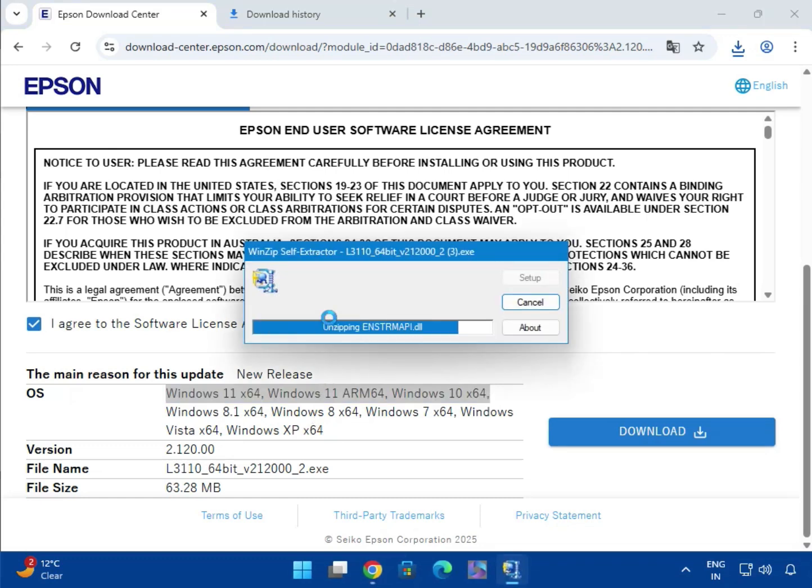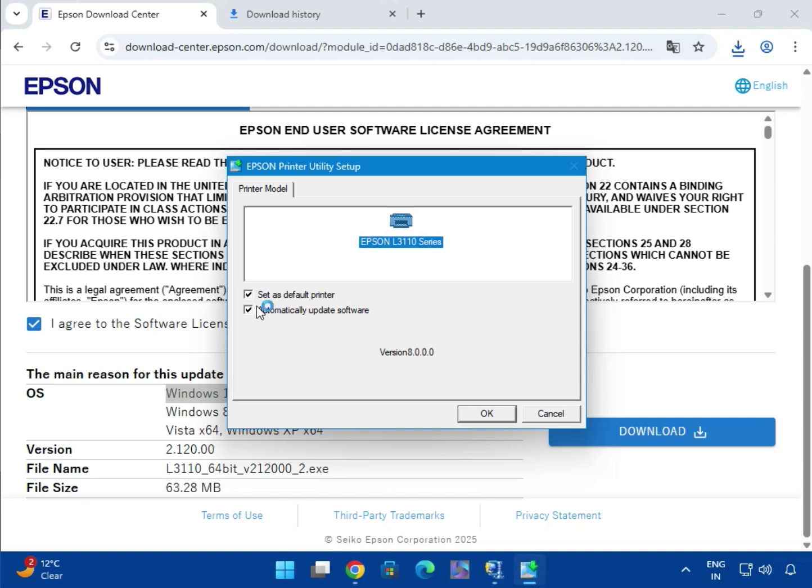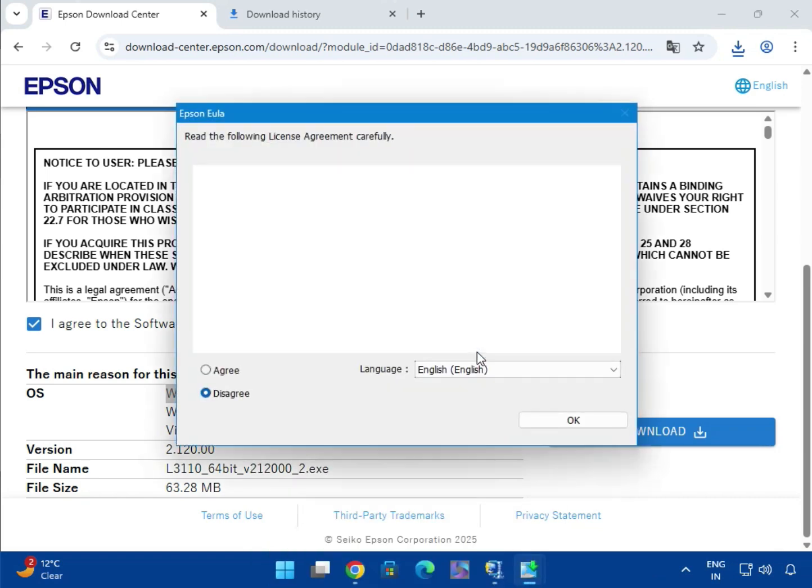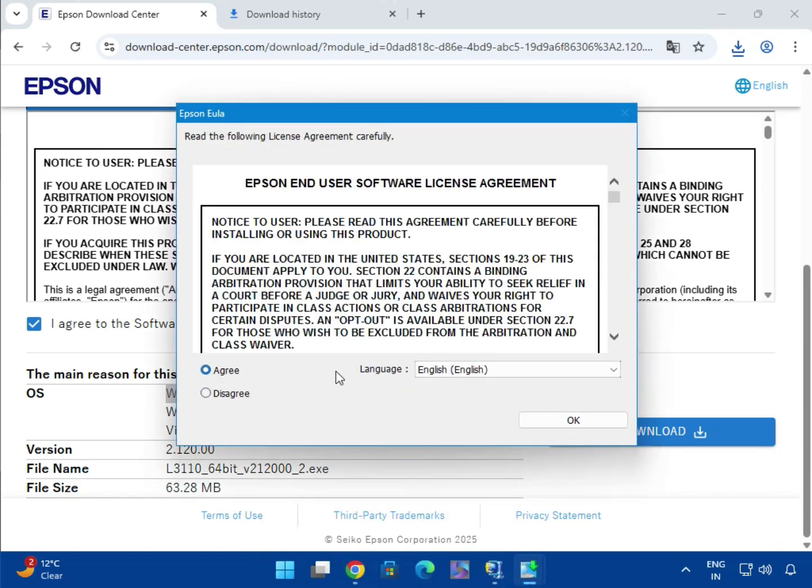After that, the driver extracts to your system. If you want to set it as default, you can check this option. If you want the software to turn off automatically, you can check it, otherwise uncheck it. Then click OK, select the language you require, click OK, then agree to the terms and conditions,